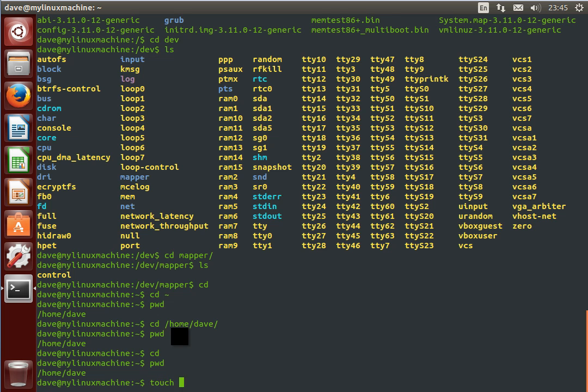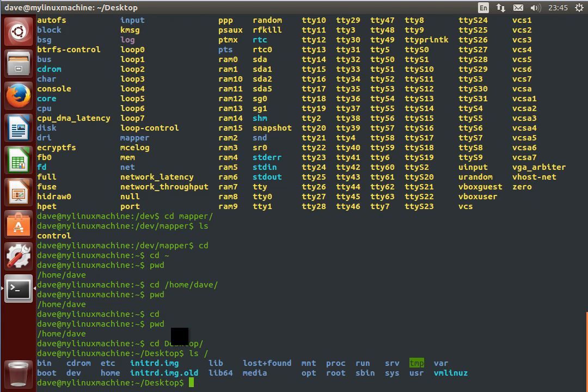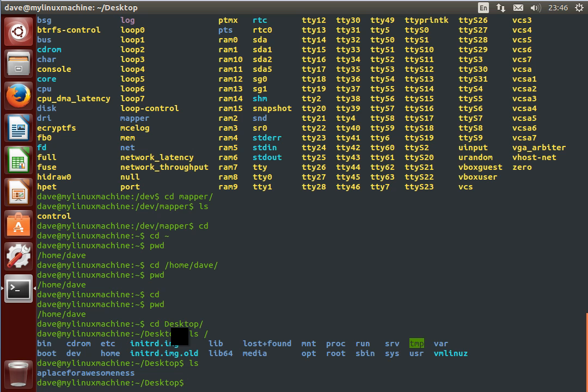You can touch files. This is going to really annoy you later if you make files all over the file system. So I would say keep the files that you create maybe on your desktop. So go to your home folder or your desktop and create files and directories there. Likewise with removing things, you can bork your whole system if you remove the wrong file in Linux, especially up here in root. Use this with extreme caution because